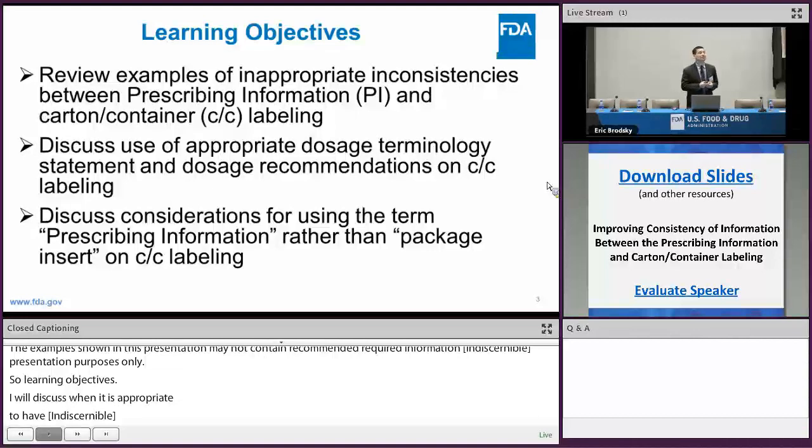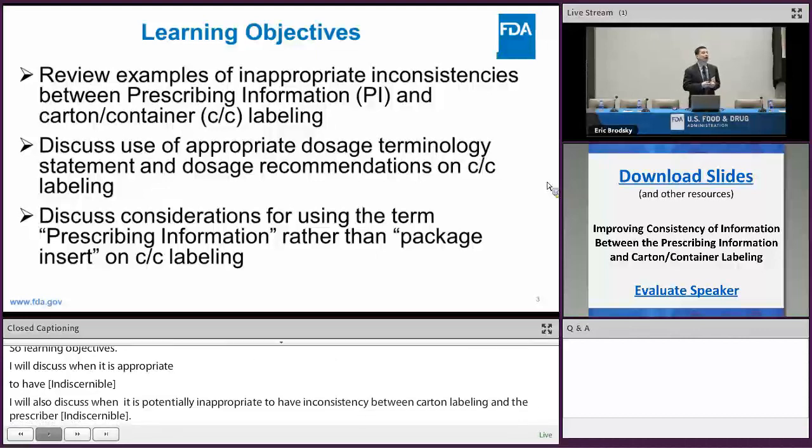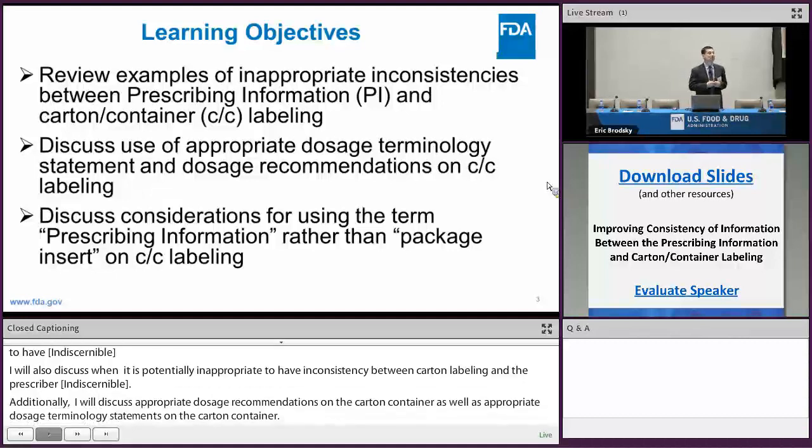Additionally, I'll discuss appropriate dosage recommendations on the carton container labeling, as well as the appropriate dosage terminology statement on the carton container labeling. Finally, I will discuss a consideration about using terminology such as the prescribing information instead of package insert on carton